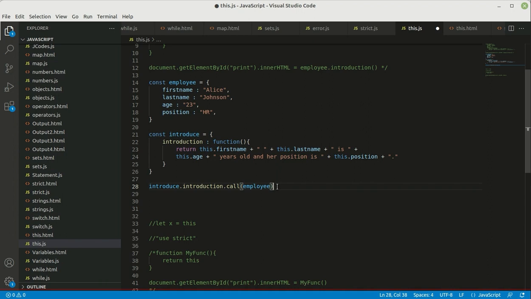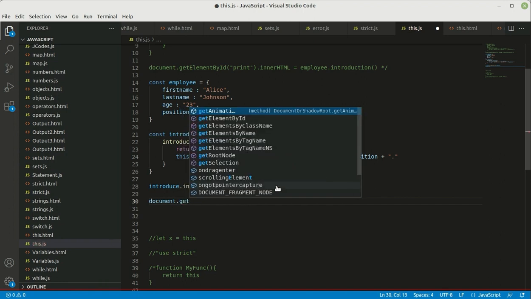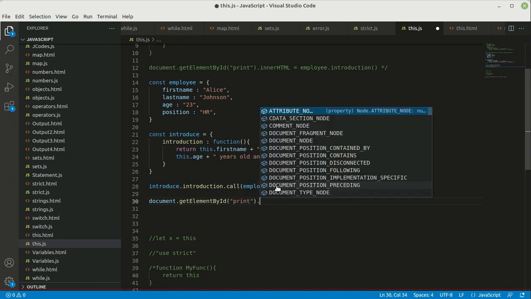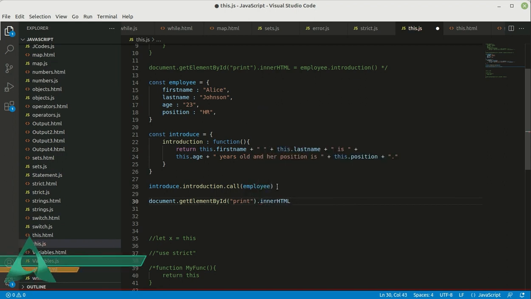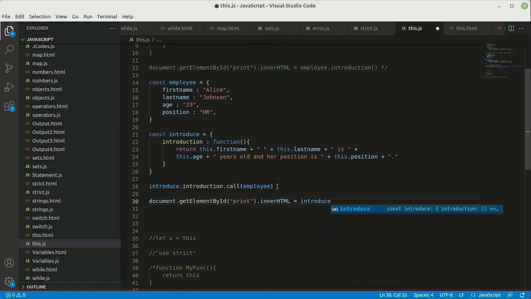Okay, so let me write document.getElementById, and then we have the print, and then we have .innerHTML, and then it's going to be equal to introduce.introduction,